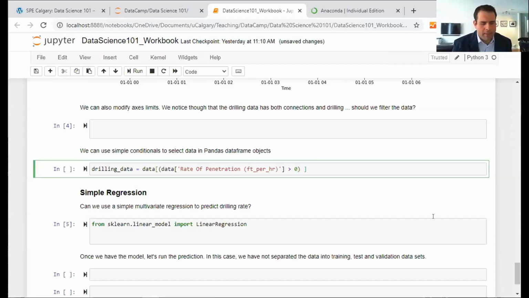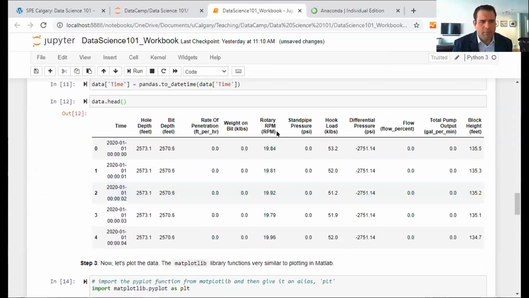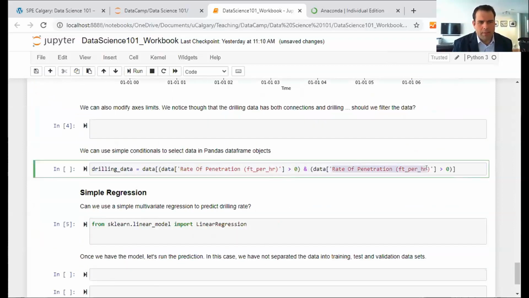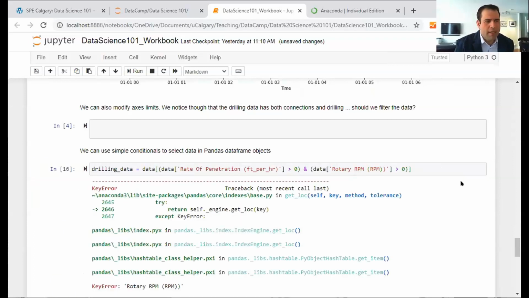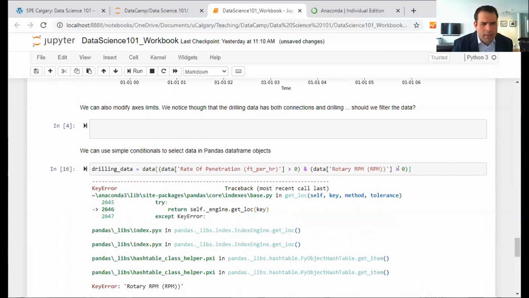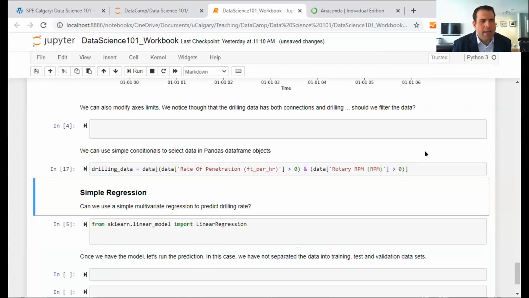So what we can do is put that in parentheses, and we can add in a second condition. I'm just going to copy and paste that again, and instead of ROP, I want RPM. Let's find what the RPM is called again. So rotary RPM, copy, and paste. There we go. So ROP greater than 0, RPM greater than 0 as well. And we run that. And that didn't like something there. It didn't like the RPM. That's because there's 2 parentheses there. We run that, and now our drilling data,